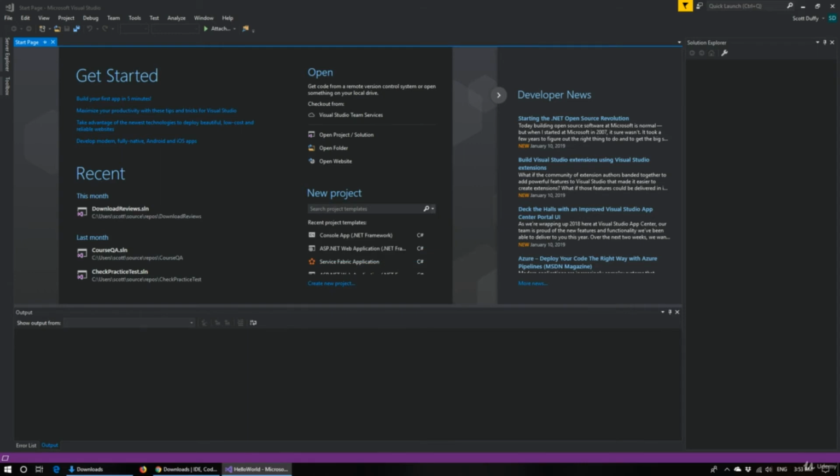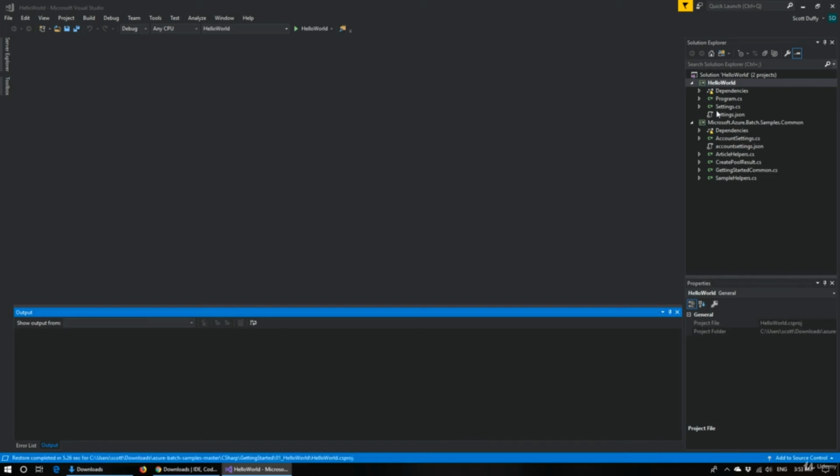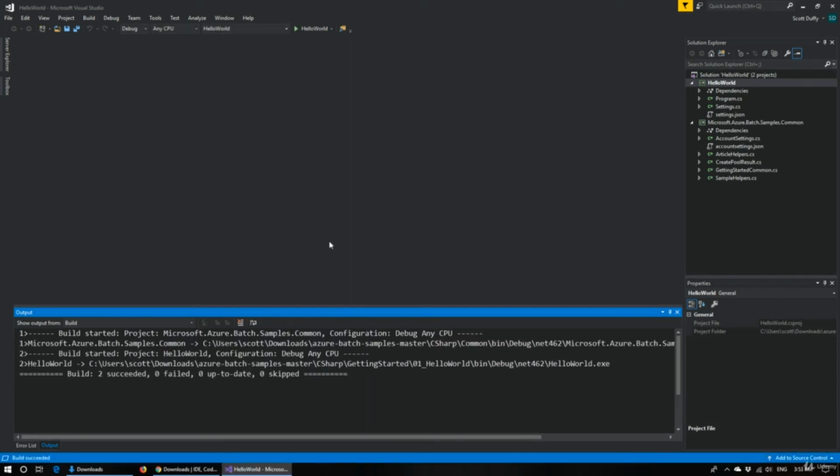So that opens within our Visual Studio environment. Now I'm going to do a compile of this just to ensure that all of the dependencies have been built. Okay, so we waited until the code was loaded. It says that it has. I'm going to say build solution, or you can hit F6. And we can see that it doesn't take too long for both the common project and also the Hello World